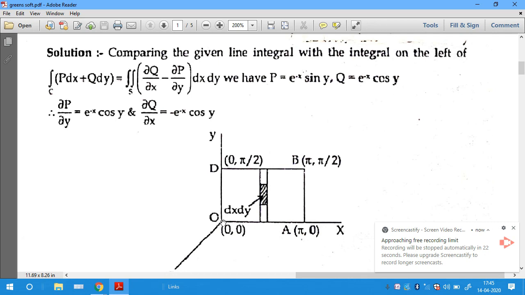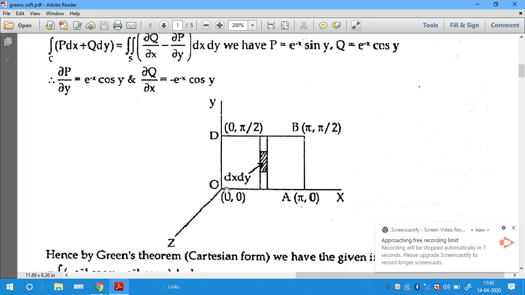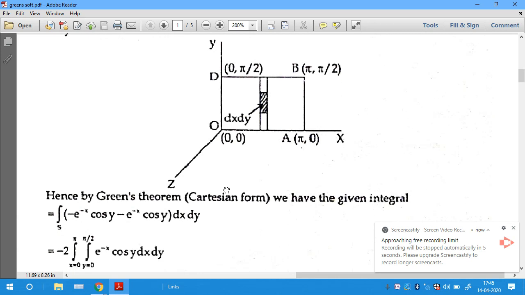But here we are not evaluating the 4 line integrals, as it is time-consuming. So for this, Green's theorem lets us just compute the double integral over S with respect to x and y. So it is a simple way to calculate the line integral over C using the double integral over S, dou q upon